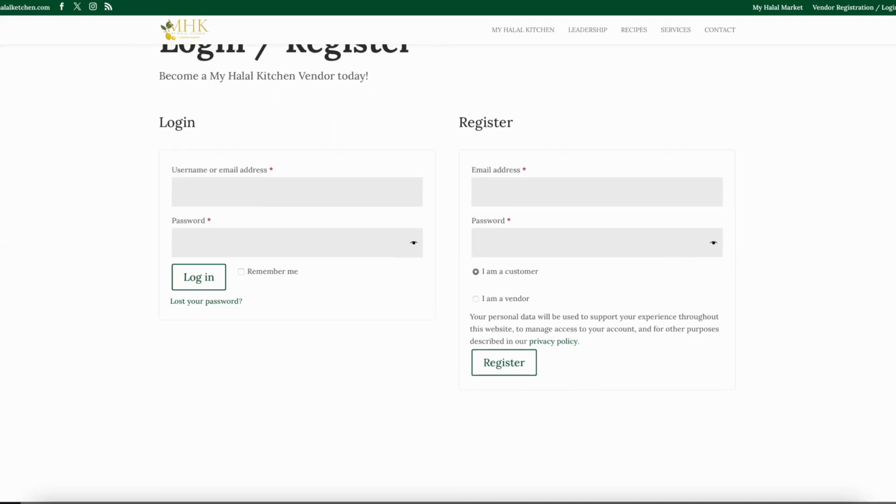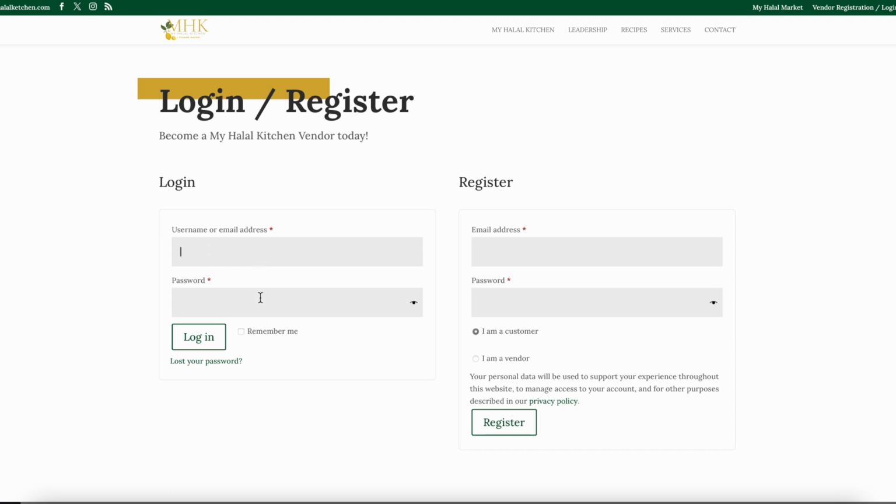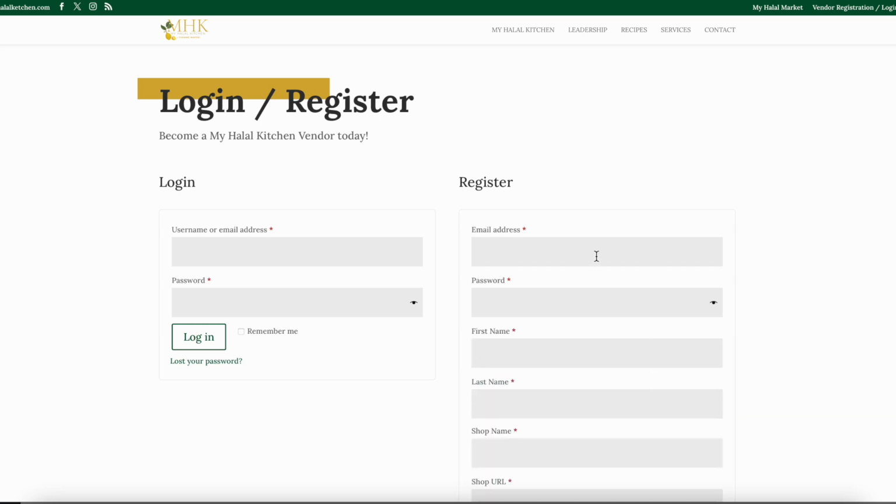Here you see if you're already a member, you can log in right here, and if you're not, you can register. Now you can register as a vendor or a customer. Today we're doing it as a vendor. So click on I am a vendor, and then enter the email address for your business or your personal email address, whichever one that you would like to receive notifications on. In this example, we're going to be using